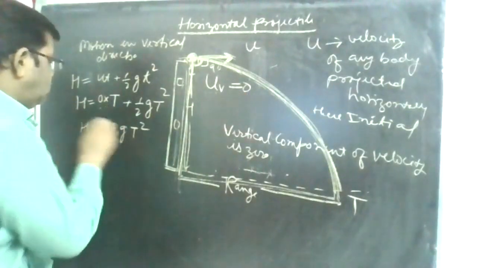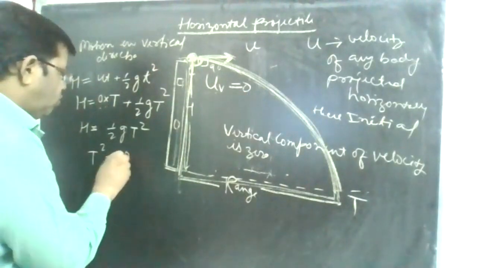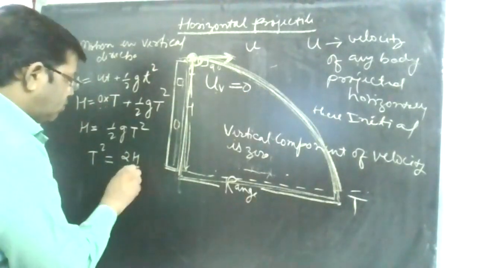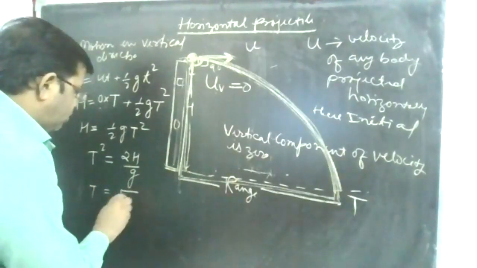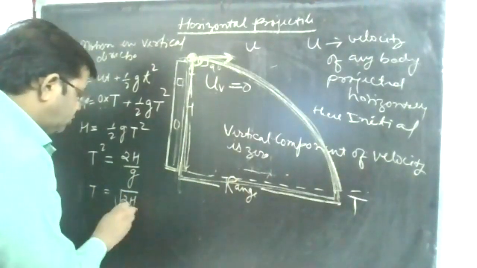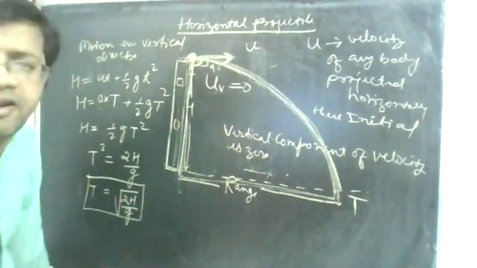Beta, 2 goes here, g comes here. So we can write t square is equal to 2h upon g. So the time of flight will be root under 2h upon g. This is the equation of time of flight